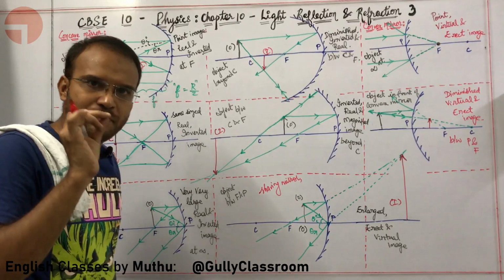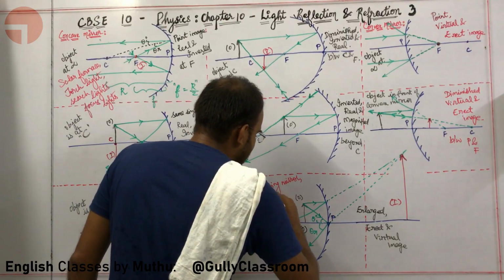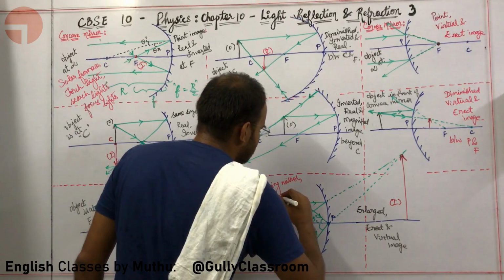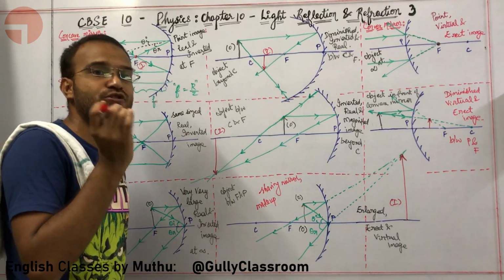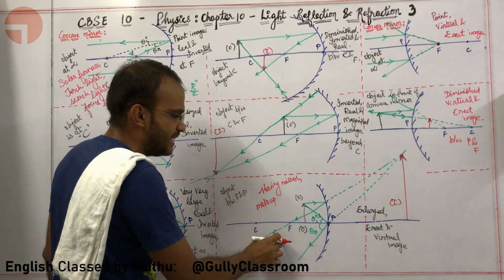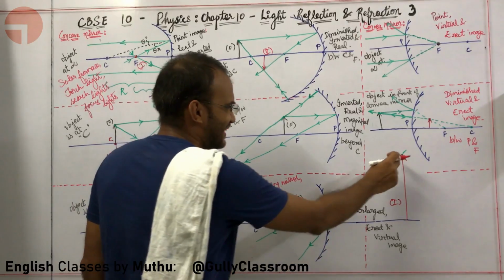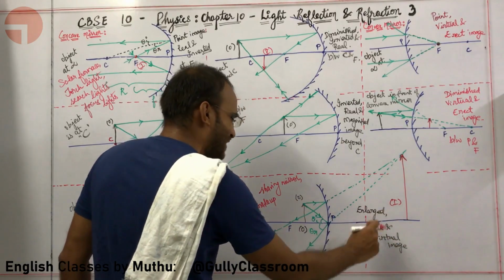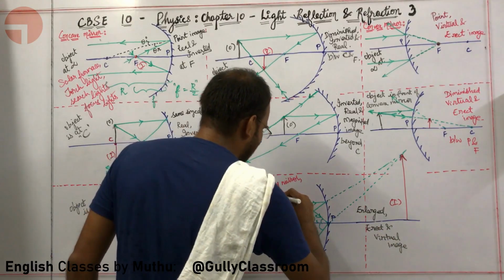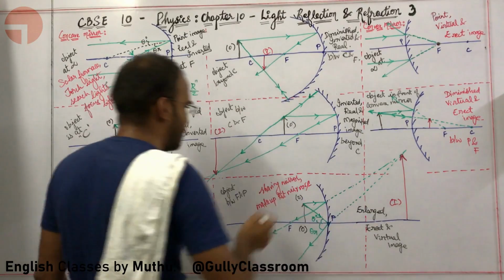Also, the mirrors in makeup kit. Have you seen the mirrors in the makeup kit? Yes, sir. The mirrors in the makeup kit are very, very small, but we are still able to see our face clearly because they are using the same idea. They are putting your face in between F and P. So you are getting an enlarged erect virtual image. Makeup kit mirrors. Okay, sir. I am comfortable with this particular idea.